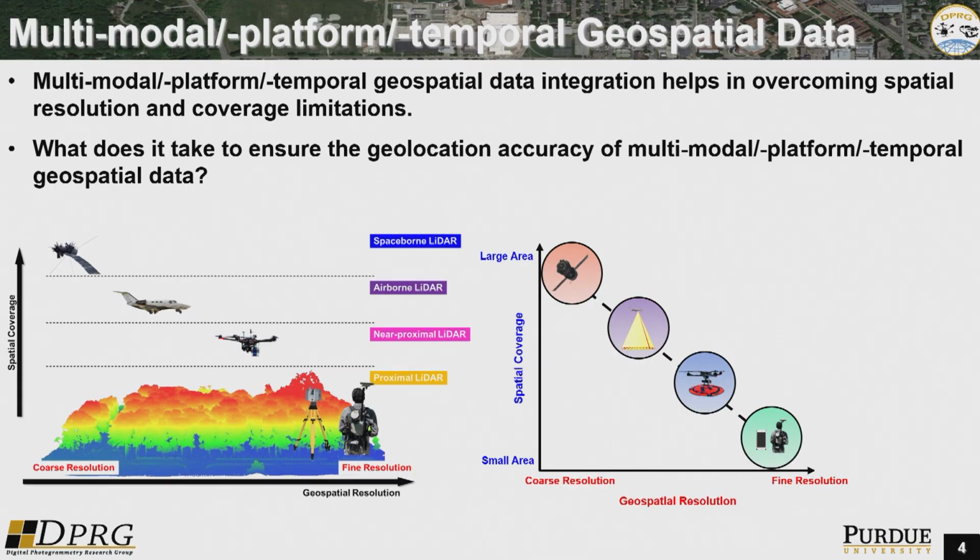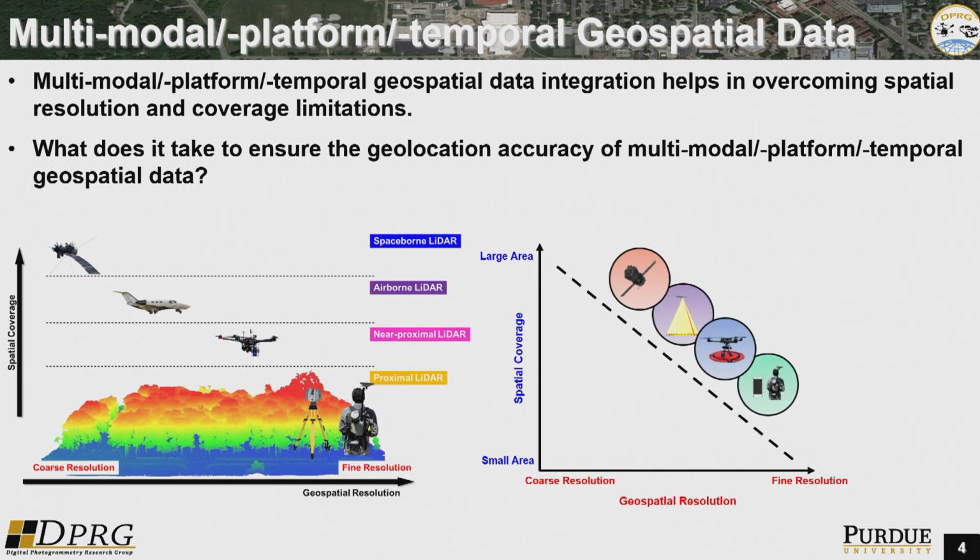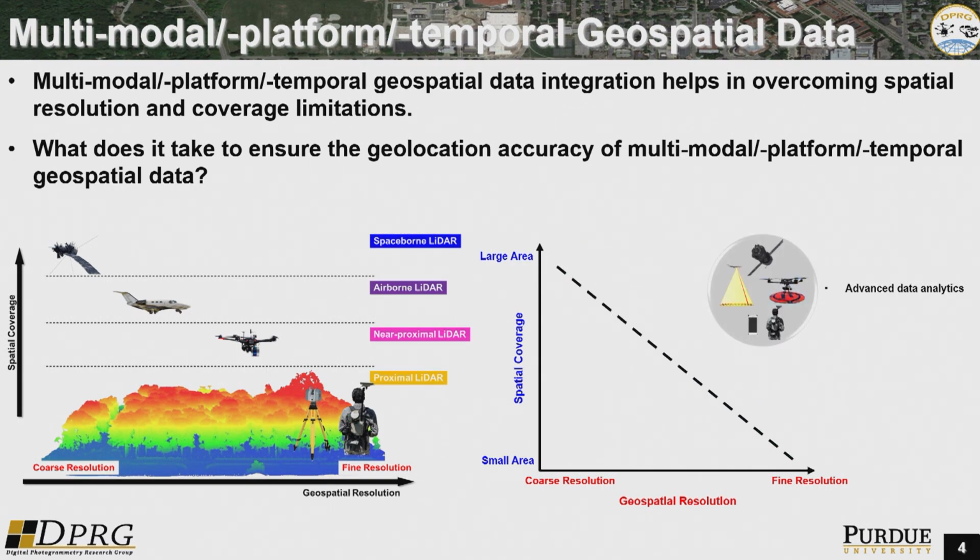And throughout the morning, the question is, can we afford to have very fine resolution at scale? You cannot do this from a single sensor or a single platform or a single time. So the whole idea is that we would like to fuse this data from different platforms, different modalities, and different times, so then we can be at the sweet spot. And the sweet spot is that you have very large area coverage with a very high level of detail.